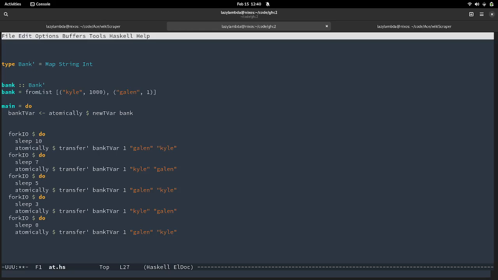And so here, that last one there, the sleep 0, is always going to be the first to start. The sleep 3 is always going to be the second to start. Sleep 5 is always going to be the third to start. Yeah. And so your application will always run in the same way each time.